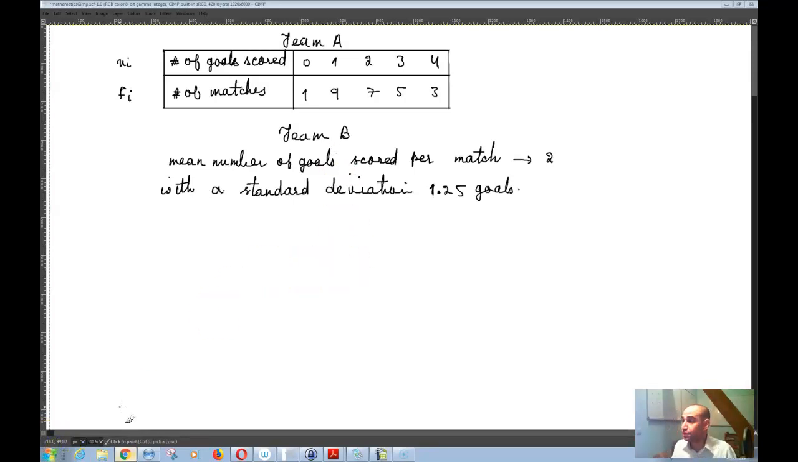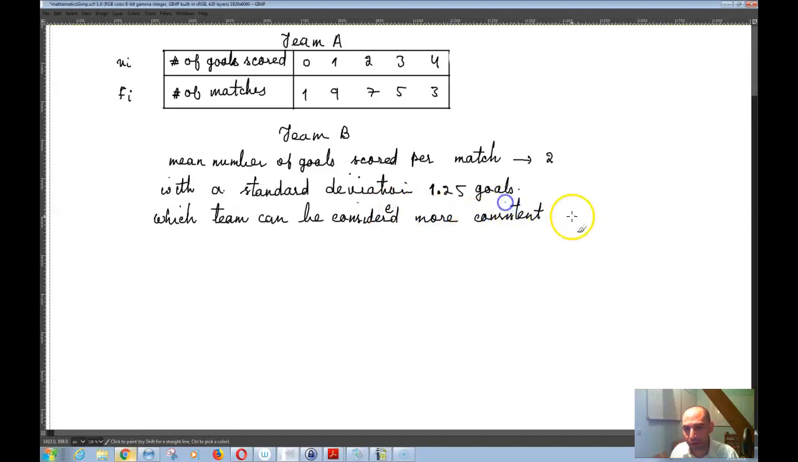Okay, so now the question that we want to answer here is: find which team may be considered more consistent. So which team can be considered more consistent? More consistent means less variable, of course. Less variable, meaning that